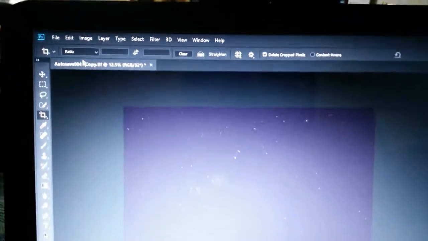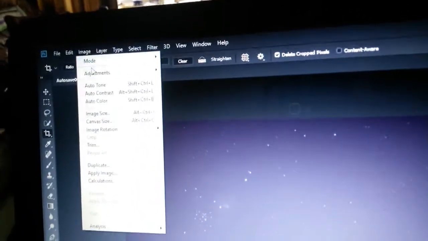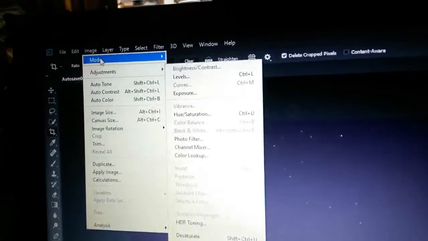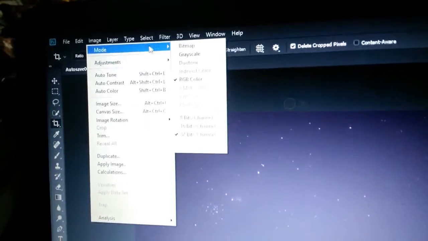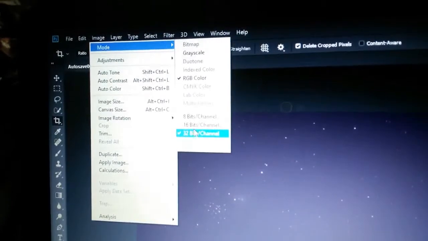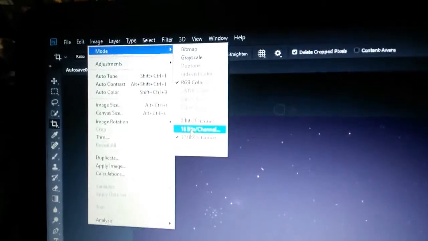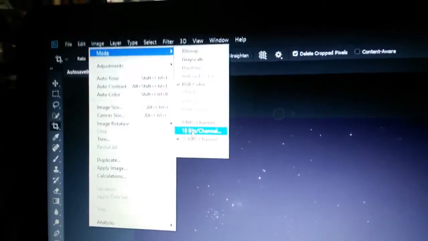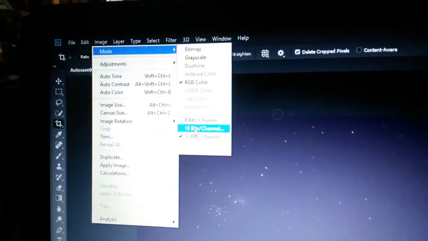Okay, so now the next thing we need to do is make this a 16-bit file, because Photoshop can't work with 32-bit. Well, it can, but it doesn't give you all the good stuff that we need to process this. So we just went to image mode, 16 bits, click on that,